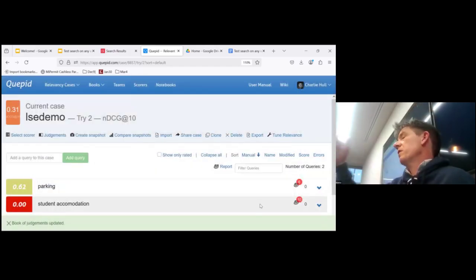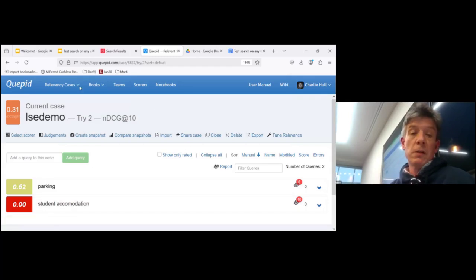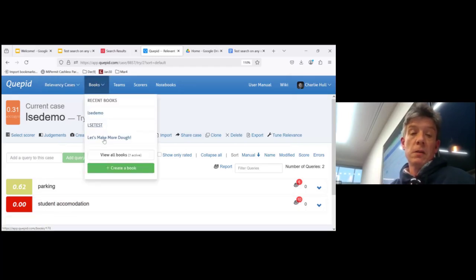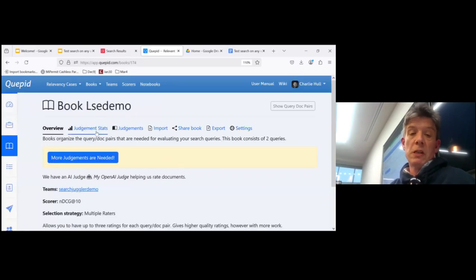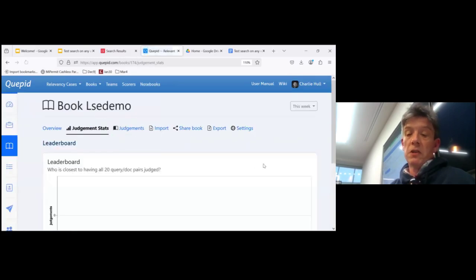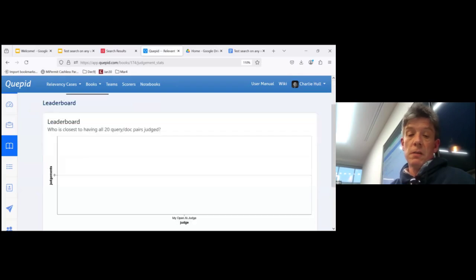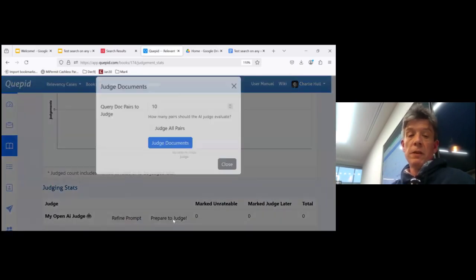This is just copying the case judgments into the book for judging. More judgments are needed, it tells me. So no one's doing any judging. And off it goes.